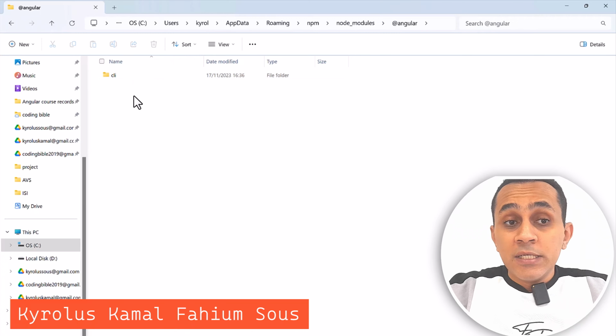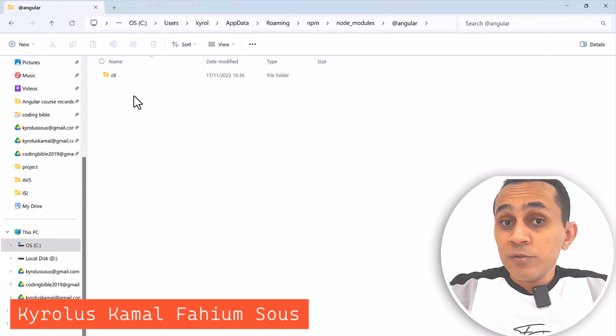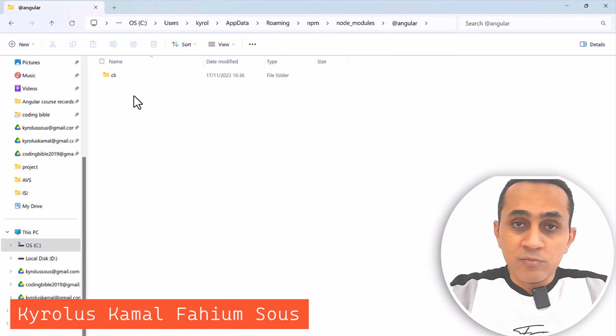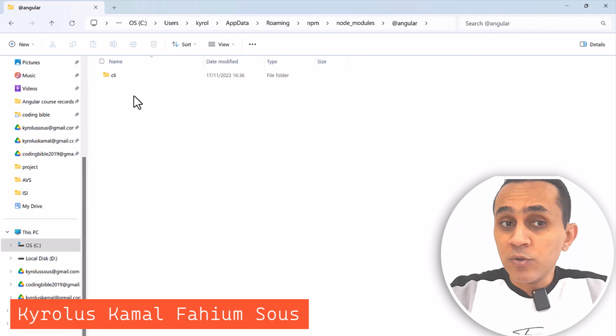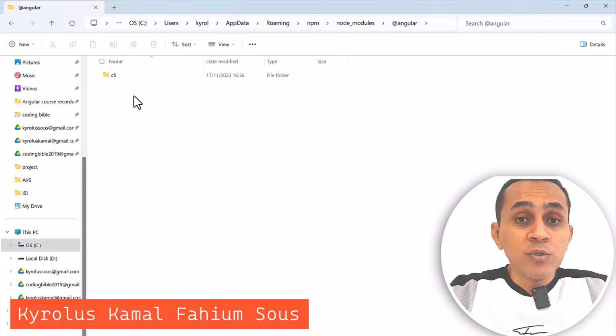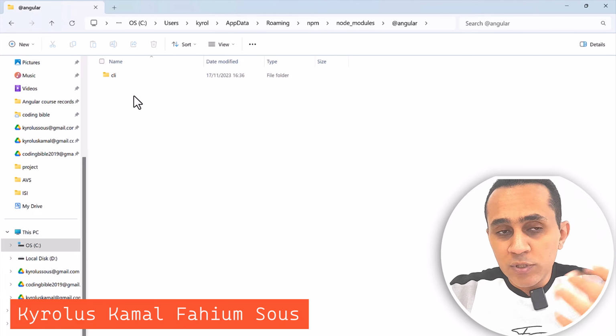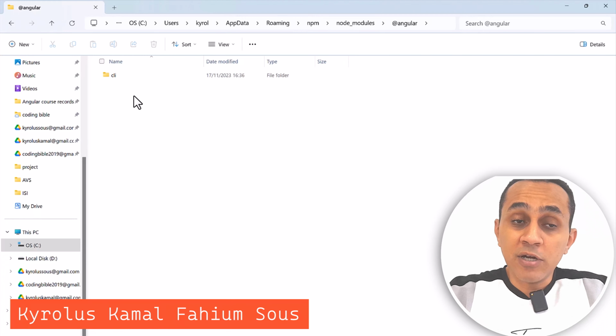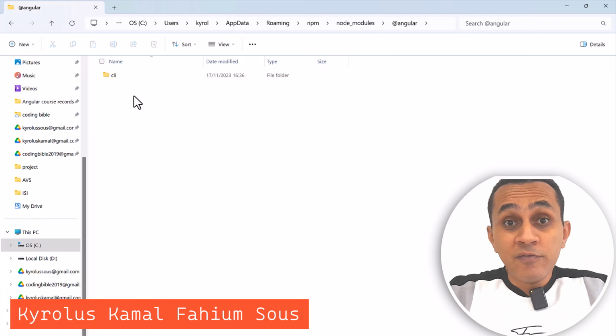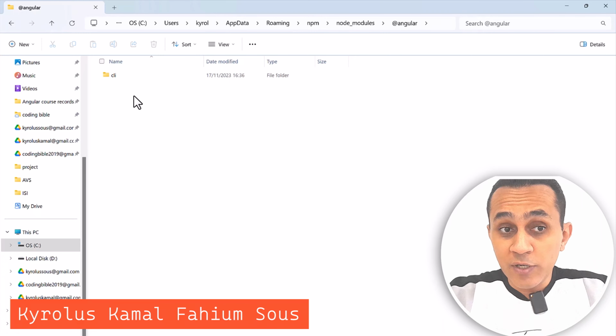So this is only one package of Angular, or one tool. But where are all the other packages or other tools of Angular? They are useless if you install them on your hard drive, because every project should have its own local version of Angular.